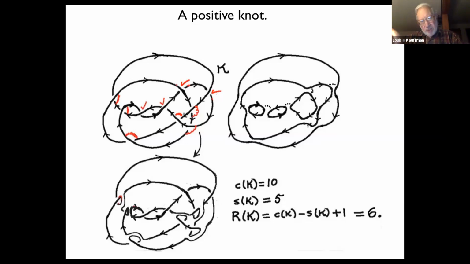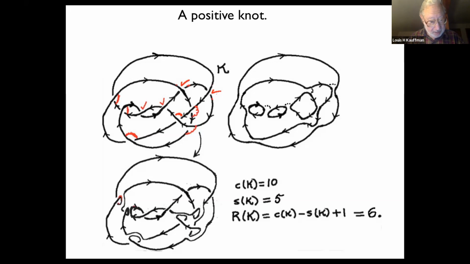And I'm going to do it in a chain so that there are no loops of circles in there. Do it that way in a tree-like form. And that means I will not do reconnections at those crossings. So I'm going to do reconnections at all of the crossings except the ones that have been checkmarked on the original upper left diagram. And that leaves me with an unknotted knot